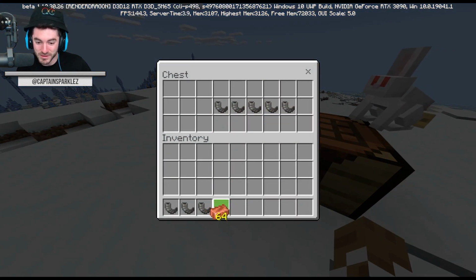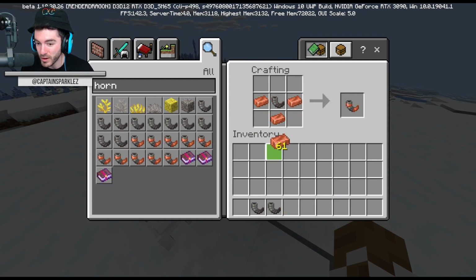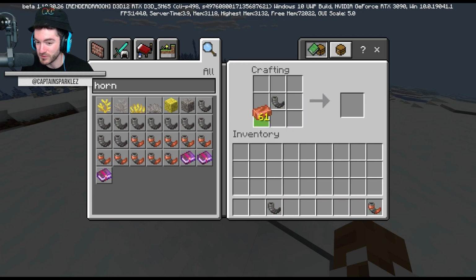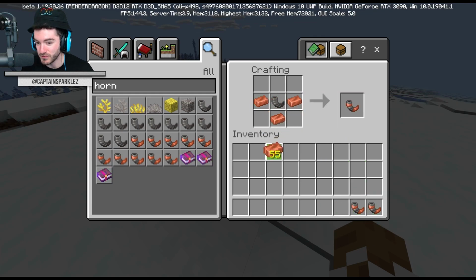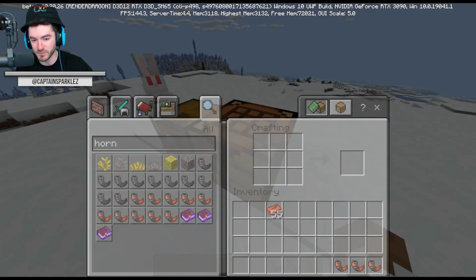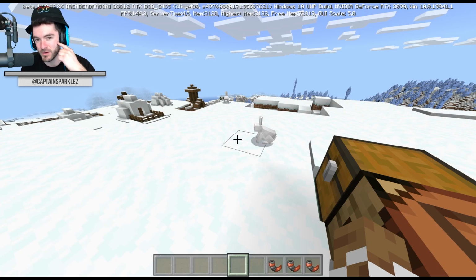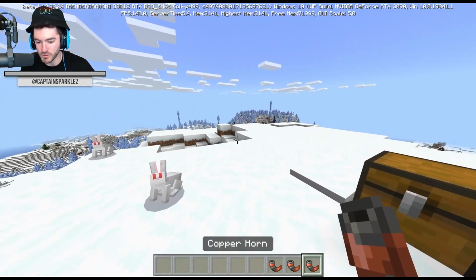But that's not all. You can craft goat horns into copper horns. And the thing is, okay, depending upon which of the goat horns it is, it corresponds to a different copper horn. Pure Water Desire. Resist goes to Secret Lake Tear. Ponder goes to Great Sky Falling. So on and so forth. They all correspond to different ones. Oh, and the way you get goat horns is when goats ram into a block. It drops the goat horn. Don't know if it varies based on what block they run into as to what goat horn you get in return, or if it's just it drops a random one, but then you craft them into the copper and...